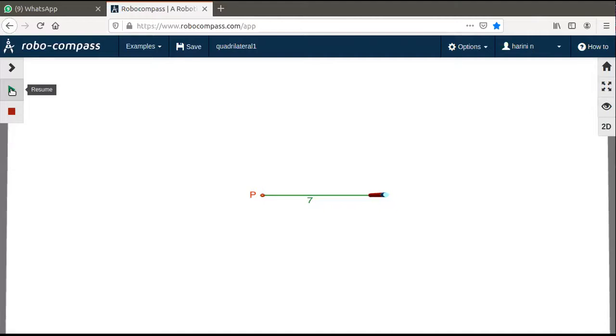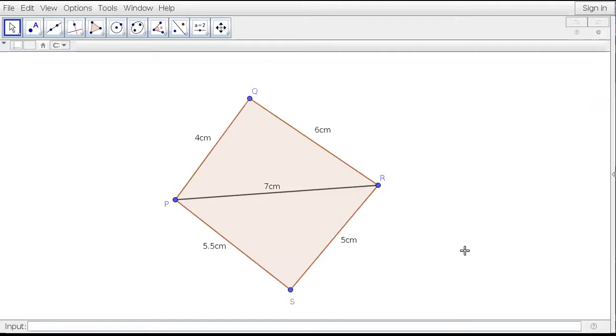Is it done? Yes, ma'am. Okay, good. What do you think should be the next step? We have to construct the triangle PQR. You can go back to your rough sketch and see maybe. Just a minute, let me see if I can share that also. See, this was my rough sketch. Can you see the screen that I have shared? Yes, ma'am. So what we have drawn is PR, which is 7 centimeters.